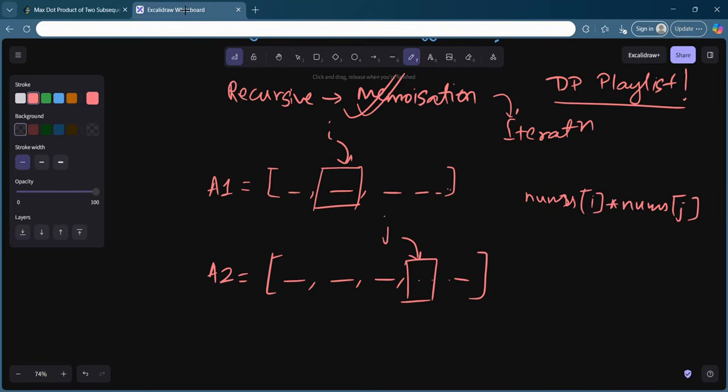Okay, and you can add this to your product. So you can choose to take these two elements. This is one possibility. Okay, so I will tell that this is one possibility. Another possibility is that